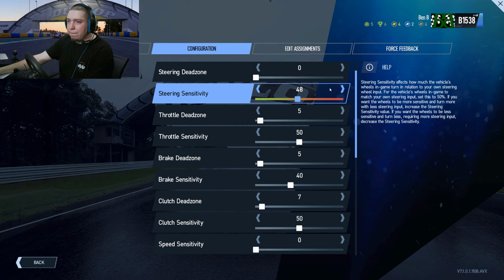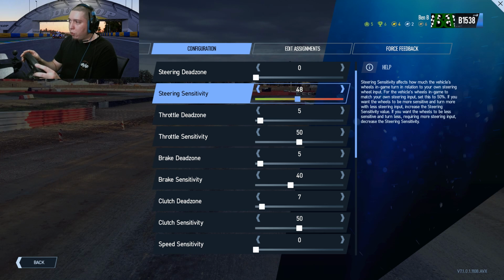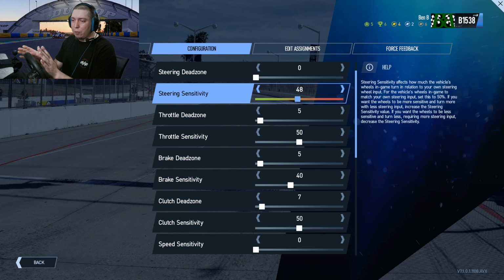Sensitivity is normally at 50, and this makes the in-game wheel line up with your wheel. I found that Project Cars 2 is pretty good. I have it down to 48 just because I have a little bit of play in my wheel. It's a bit older, so I was getting a little bit of weaving, so I just turned it down just a tiny bit. I will show you how we can deal with steering in the car setup page a little